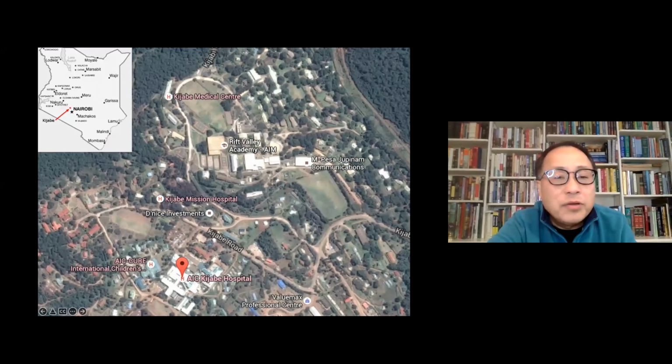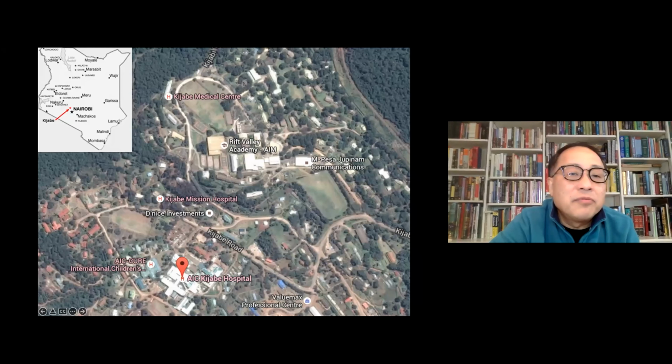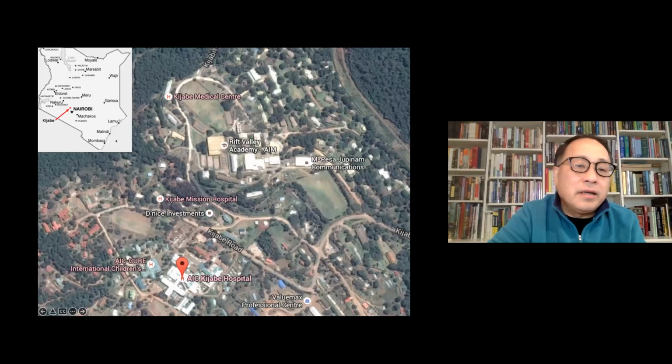So for those of you who are not familiar with Kajabi, let me give you at least a brief intro. So here is the map of Kenya itself. Here on the upper left corner, the Indian Ocean is out here. Nairobi, the capital, is here, and then Kajabi is a small rural village, approximately an hour and a half northwest of Nairobi, as you can see. And then here's a satellite view of the area. The hospital is down here, and